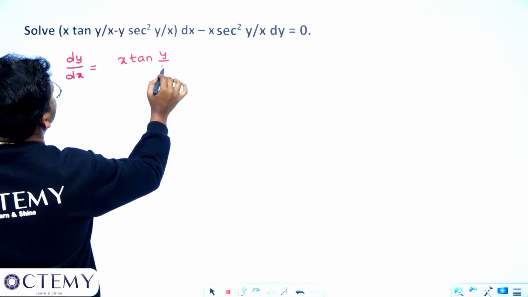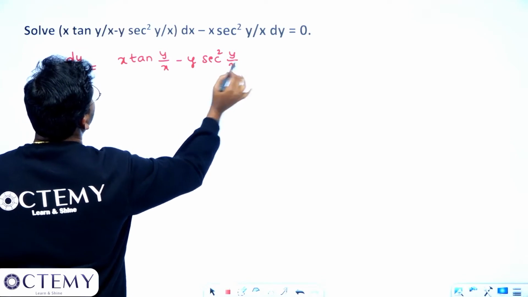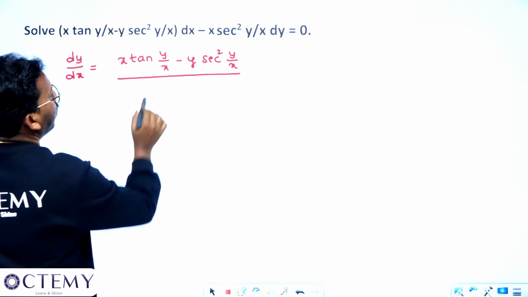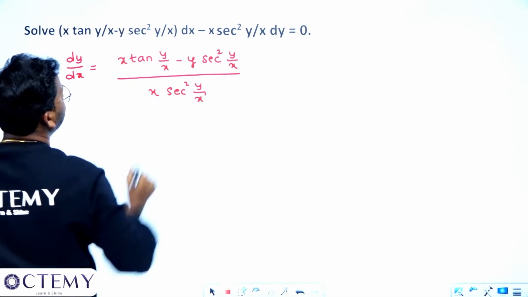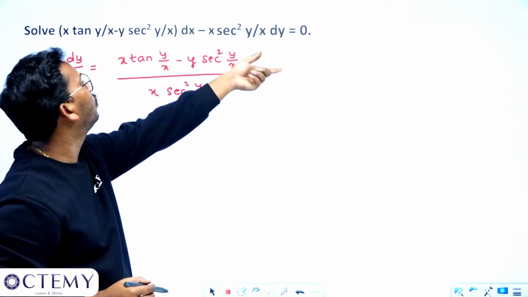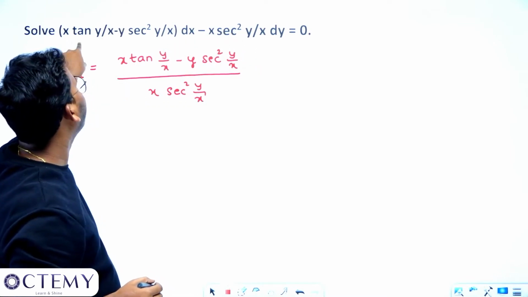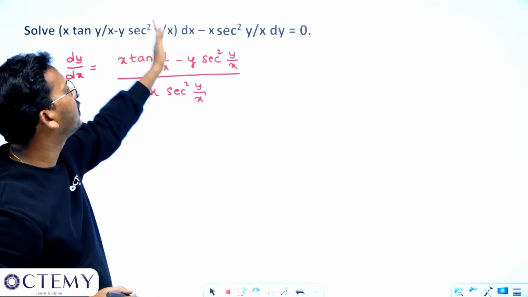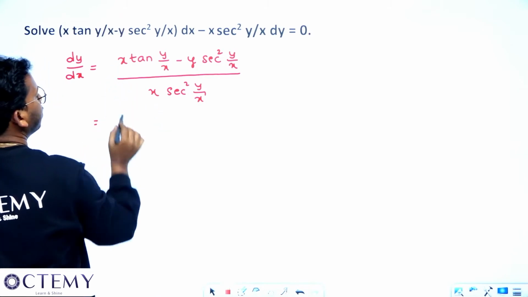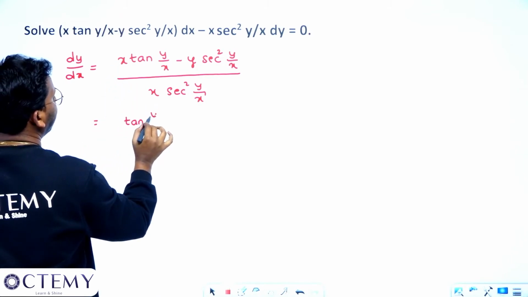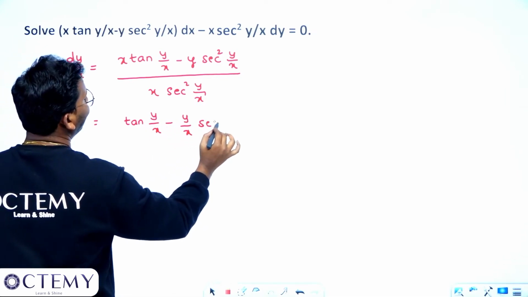tan y by x minus y secant square y by x whole divided by x secant square y by x, isn't it? You have sent it this side, so this has become what, sir? x secant square y by x dy. So you send it this side, so it will become x tan y by x minus y secant square y by x. This dy dx is on this side, so this is what you will get. If you want to write it a bit neatly, you divide by x. So this will become tan y by x minus y by x secant square y by x